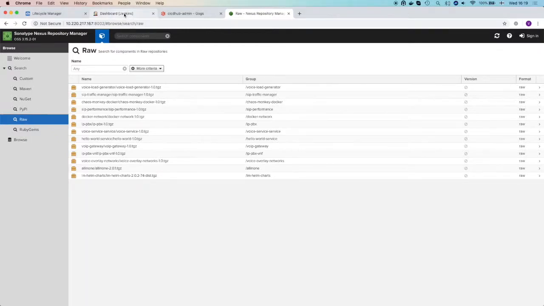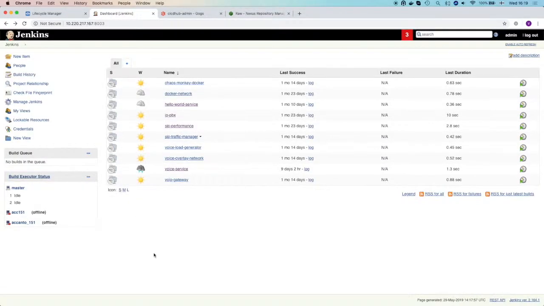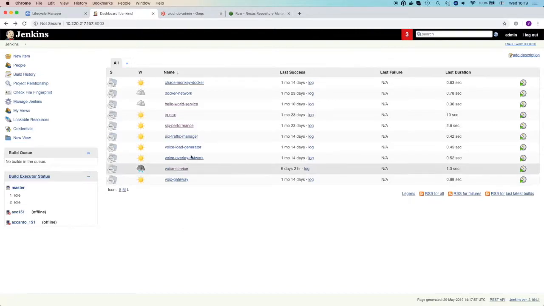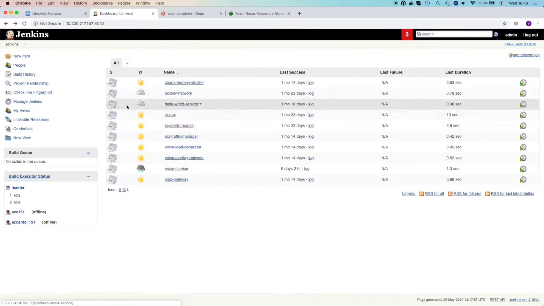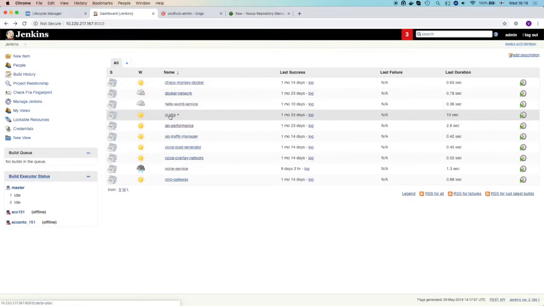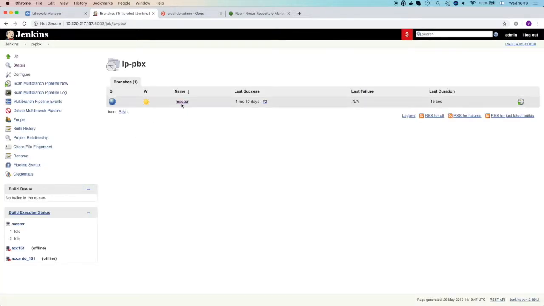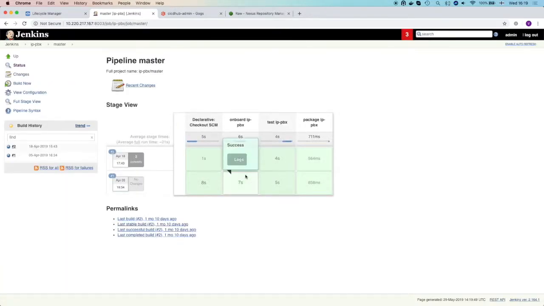But one of the more important parts of the CICD Hub is an automated and continuous building system. In this case, that's Jenkins. What Jenkins allows you to do is to automatically create a pipeline that automates a lot of the steps that you would typically do manually. So when you're developing your IPPBX, every time that someone makes a change, you can have a pipeline that says, okay, if someone makes a change, it will then check out this VNF, it will get all the related components,